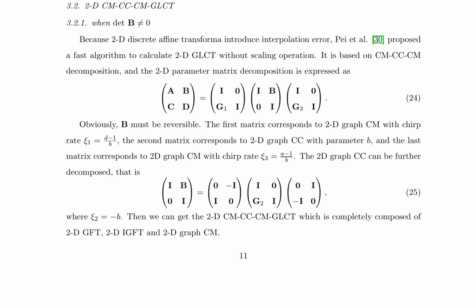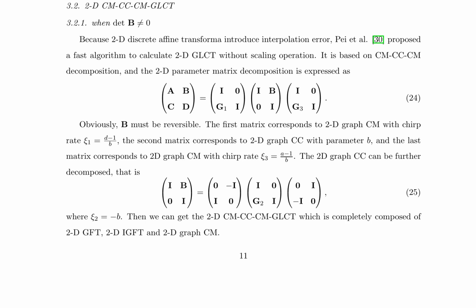The paper also introduces the 2D CM-CC-CM-GLCT, which is a decomposition of 2D GLCT without scaling operation. This decomposition is based on CM-CC-CM decomposition, where the 2D parameter matrix is expressed as a product of 3 matrices. The first matrix corresponds to 2D graph CMT with chirp rate ξ1. The second matrix corresponds to 2D graph CC with parameter B. And the last matrix corresponds to 2D graph CMT with chirp rate ξ3. The 2D graph CC can be further decomposed into a product of 3 matrices, resulting in the 2D